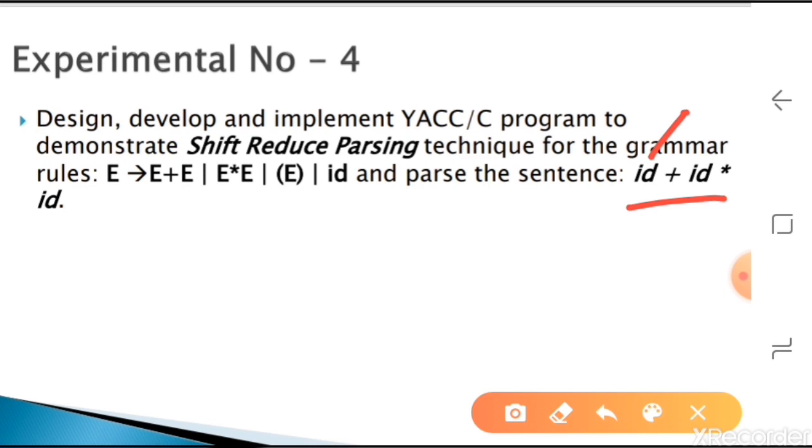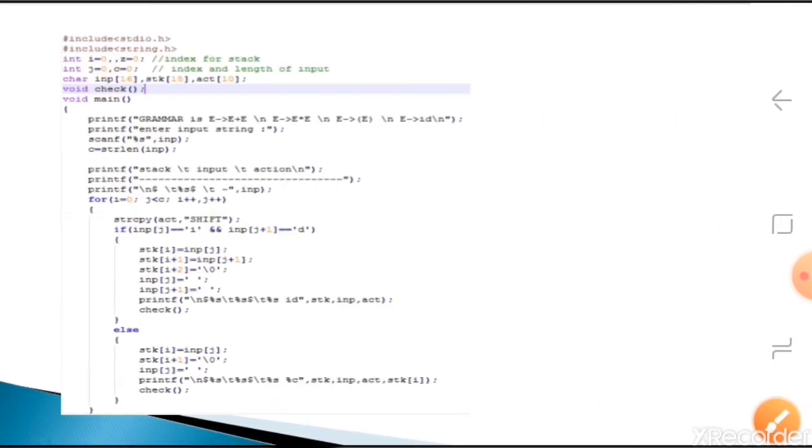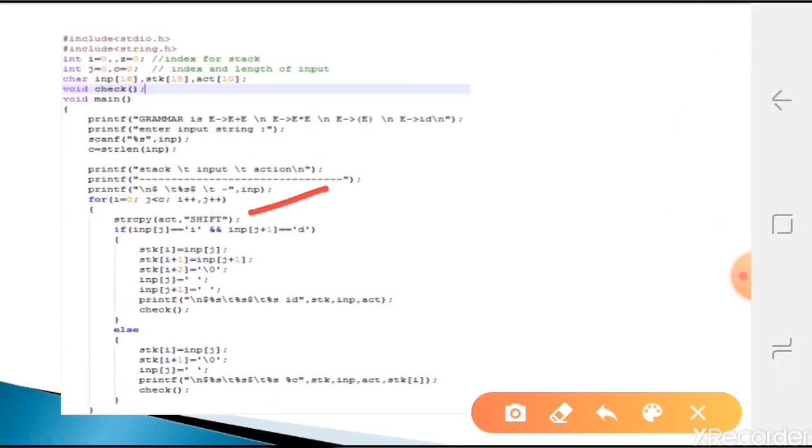For that purpose we start our program with a shift operation by default. In between, where we have to reduce or shift again, we don't know; that depends on the input and the stack content, which we will write in the program. But the first one is nothing but shift.